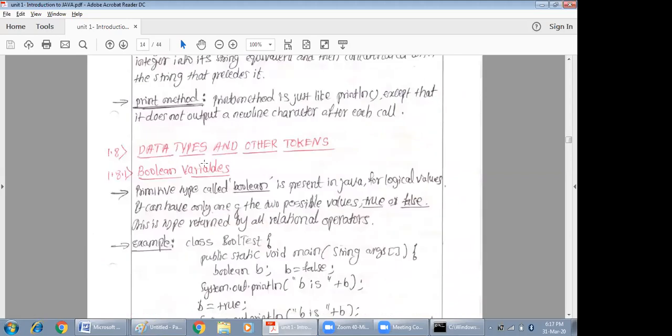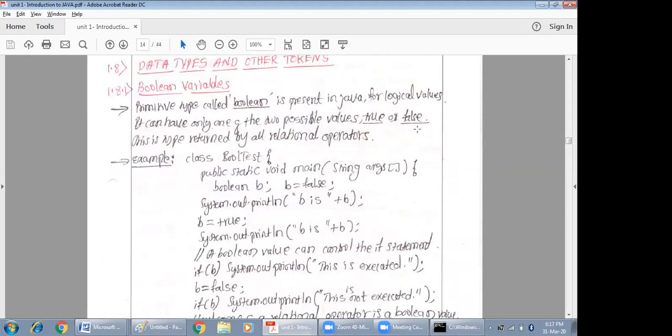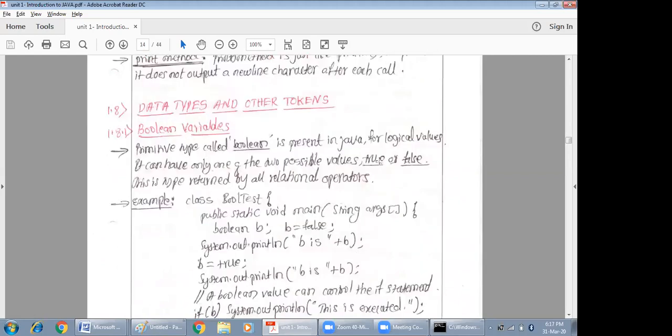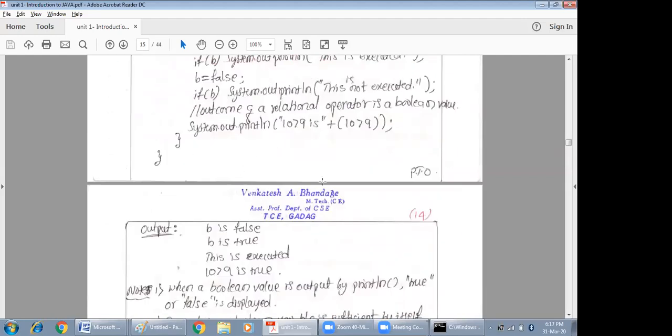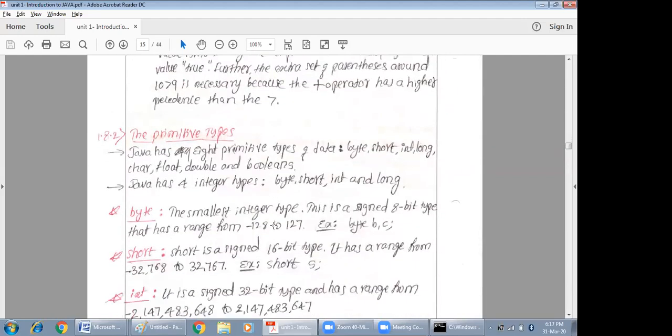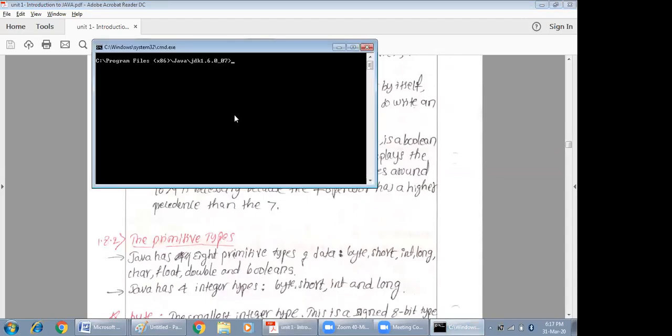So the very first data type we study in Java is the Boolean data type. Like how we have truth value 1 for true and truth value 0 for false, in Java the Boolean variables will carry two truth values. One is true and the other is false. So true is the word true only and false is the word false in Java. This is the sample program which will demonstrate how the Boolean data variable will be used. So I'll explain all this directly with an example program.